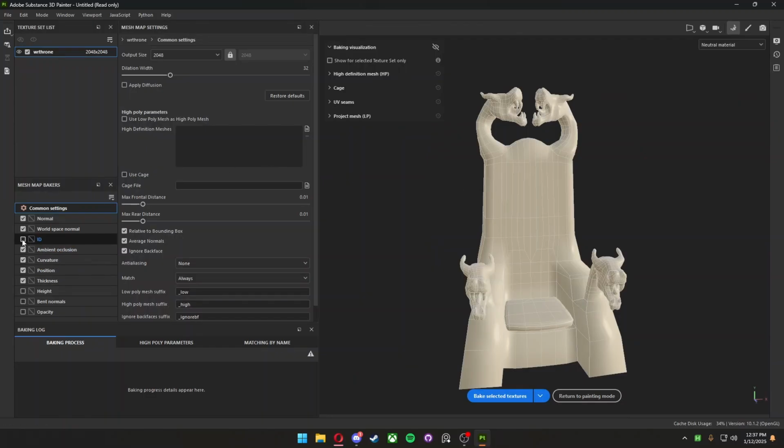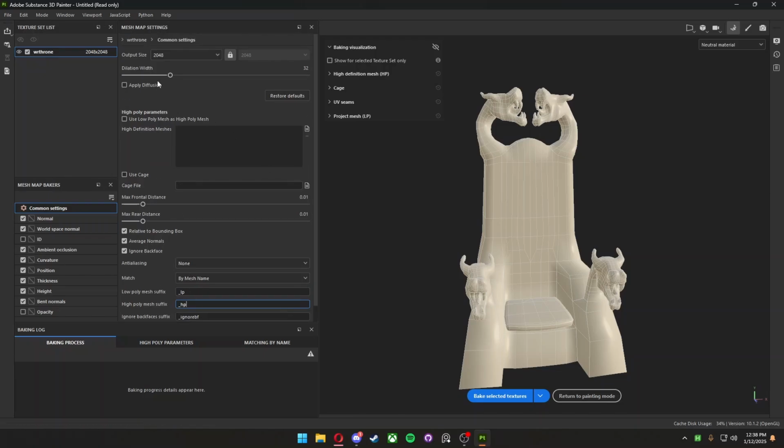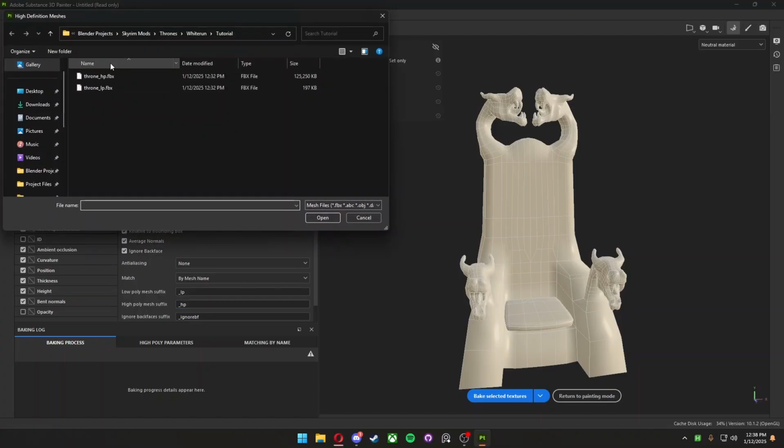I don't have an ID map. I didn't vertex paint or anything like that on this one, so we're not going to deal with vertex painting today. And then we'll go ahead and get a height and a bent normals map. Now in the common settings, you're going to want to change match to by mesh name, and this is why we named everything earlier, right, with our different suffixes. My suffixes were _LP and _HP, respectively. And then over here in high definition meshes, click this little file icon, and then we will click high poly